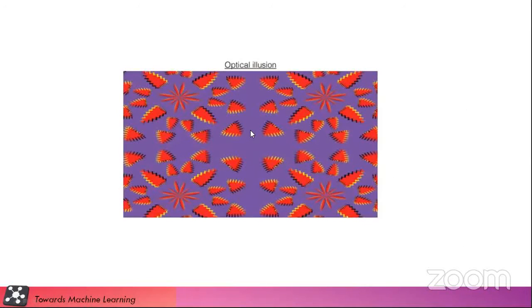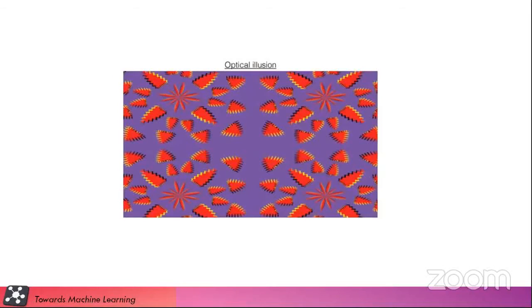Even optical illusions exist for human beings. In this current slide, if you focus on the center of these structures, you will find them moving. That's the same case with adversarial learning. We have adversarial examples for our neural networks as well, and we have an explanation for why they exist.